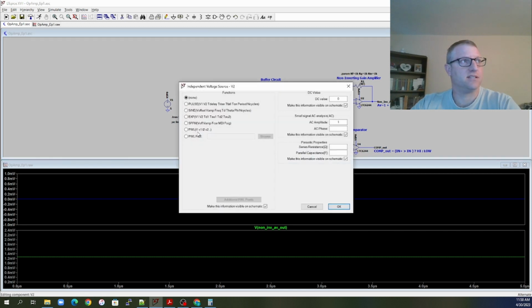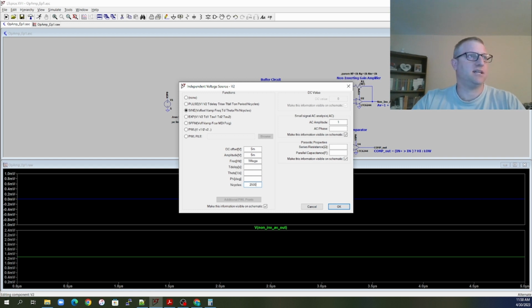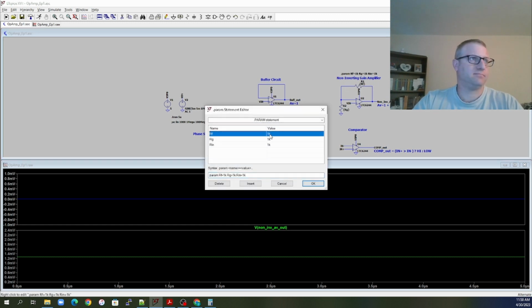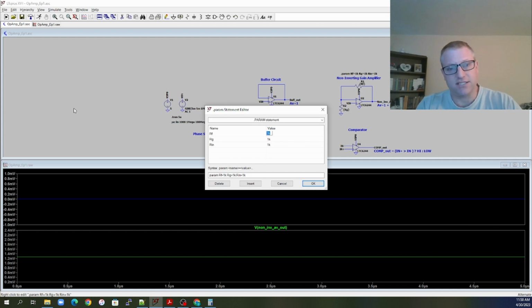Let's take, for instance, let's go back down to our sine wave. We'll throw in our 5 millivolts again. So 5 millivolts gives us our 10, right? And we'll just keep it at the 1 mega. Bring up our 2500 cycles again. Right? And now let's just crank this gain up. We're going to violate some stuff. In all honesty, with this value, we should be able to see, in the perfect world,